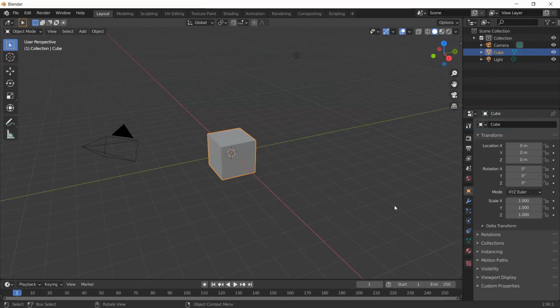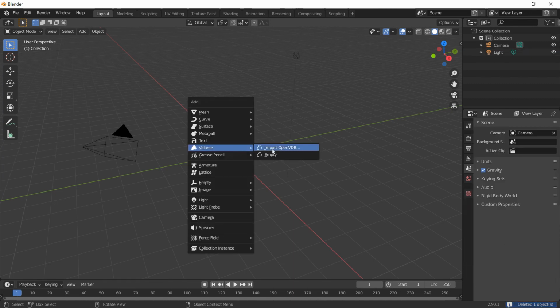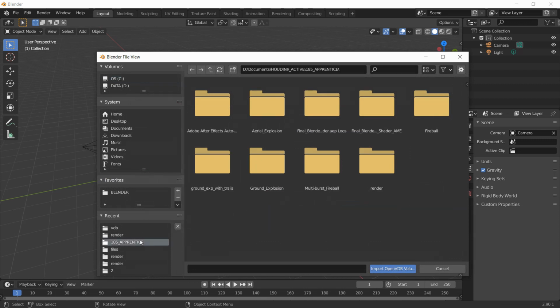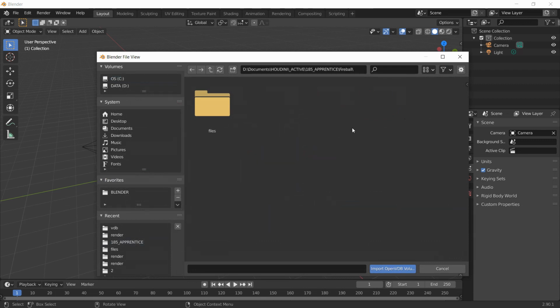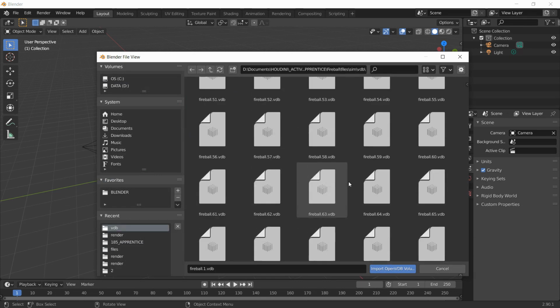All right, good. So I'm going to go into Blender. I've already exported the files. The sim has been cached out. This is a brand new Blender scene. I'm just going to delete this box and press Shift A, Volume, Import, Open VDB. Going to Fireball, Files, Sim, VDB, and 1 to